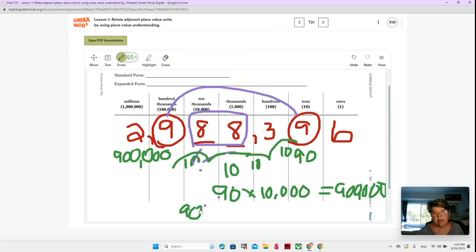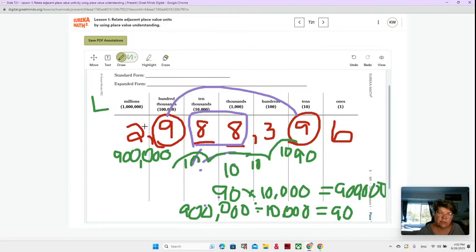And then the same thing the other way, 10, 10, 10, 10, except that time we would be dividing 900,000 divided by 10,000 is equal to 90. So remember, if you're going to the left, then you're multiplying and it's getting bigger,